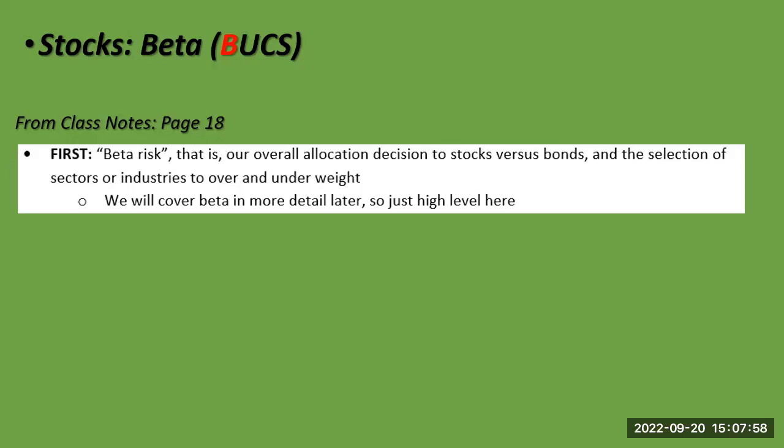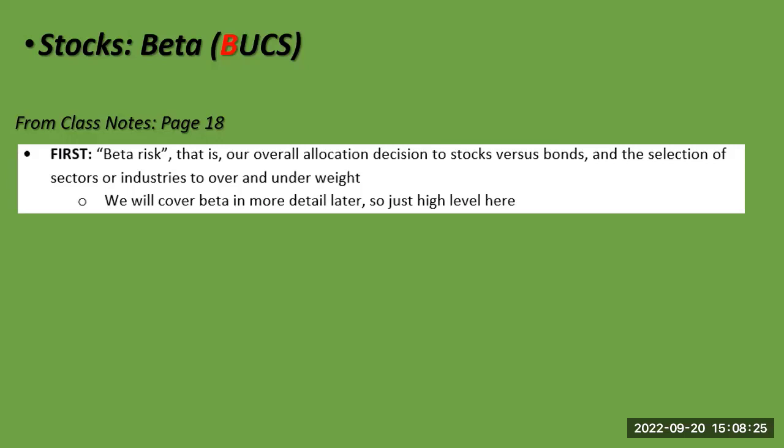You got to know your own philosophy. All right. So let's break down stocks into our subcategories, or into our strategies here. It's BUCS, B-U-C-S. B is for beta. U is the same as before, U.S. versus non-U.S., except here it's actually going to be a sub-asset class, unlike with bonds where it's really an alternative. C is capitalization, and then S is style.